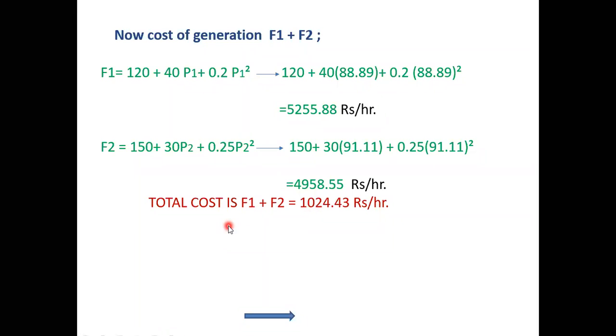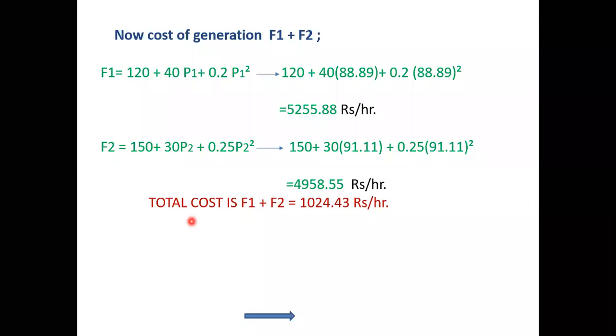This is the total cost when we are considering case 1. What is case 1? When we are generating P1 and P2 at economical rates. This is case 1. Coming to case 2, what is case 2? Here, there is no necessity for finding your P1 and P2 in an economical manner. What they are doing is that P1 and P2 will share the power equally.